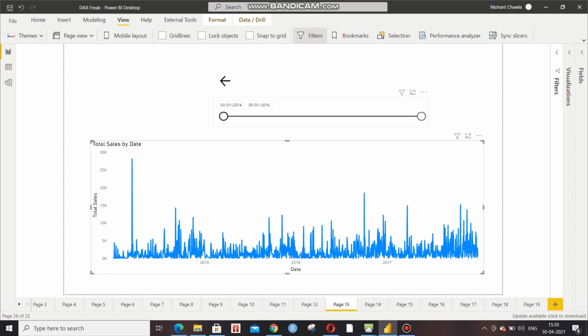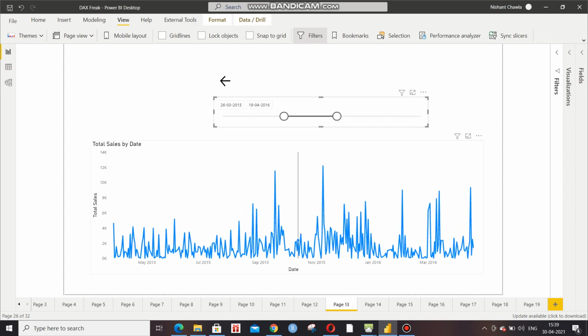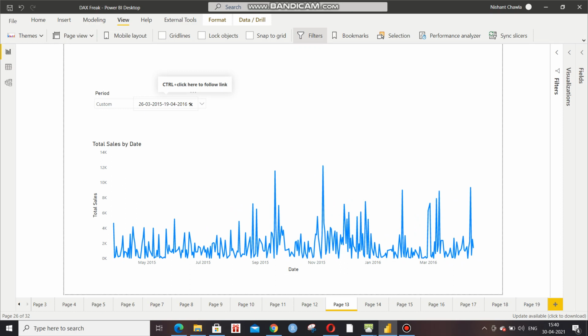we can actually drill down ourselves and check the dates, that how each day is performing. And once we are done with all of that, we can actually go back to this main slicer, right? And it also shows you what you have filtered in the current context. So for the custom, you have filtered for 26 March till 19th April. Now if we go back